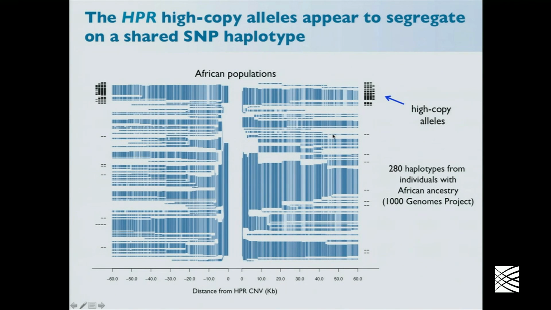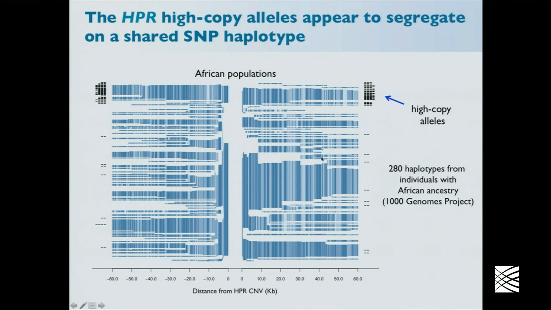And here I'm showing you Africans, because these are the ones that have the high-frequency CNV. These black tick marks show the high copy alleles, the ones that are not copy number 2 in the population. You can see that almost all the haplotypes of the high copy alleles are on this very long haplotype at the top. This is telling you a couple of things. First of all, it's a fairly recent haplotype that these high copy alleles have arisen on. There are a few of them on other haplotypes, but this could simply be recombination with this long haplotype where